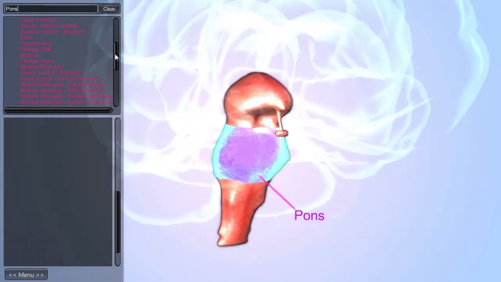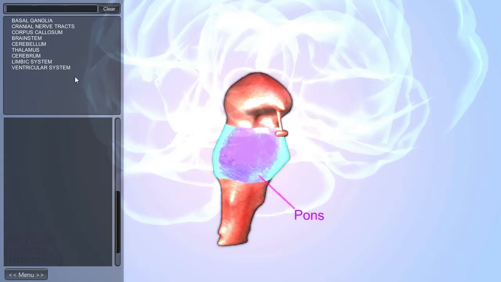It is bulbous in presentation due to the numerous axon projections derived from the cranial nerves and tracts